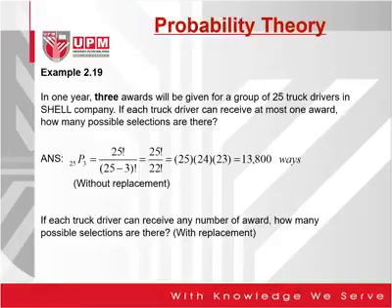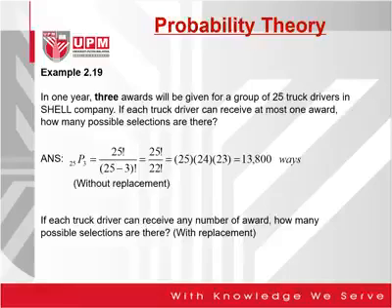If each truck driver can receive at most 1 award, how many possible ways of selection are there? There are 3 awards, but you have 25. The 3 are the boxes. You have 25. So it's 25 multiplied with 24 multiplied with 23. Either you think this way or you use the equations, you will get the answer which is 13800. But I prefer you to write 25 multiplied with 24 multiplied with 23 because I can read your